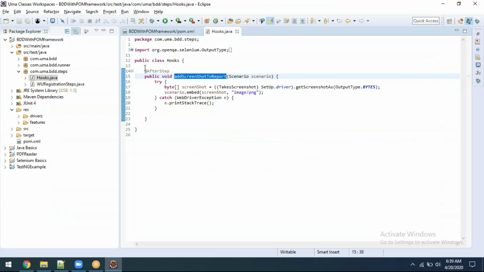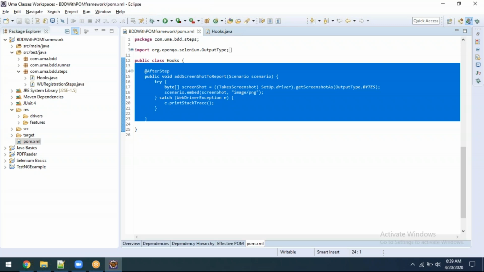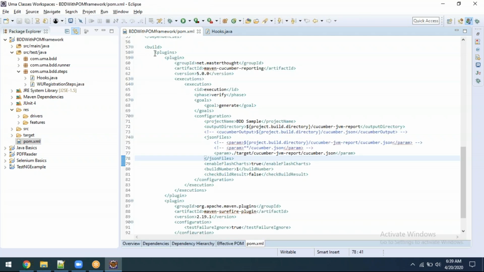First point, this is how it will take. To manage all these things we need to have a plugin called this one. Inside the plugins you are able to see this one, net.masterthought, artifact name is Maven Cucumber reporting. This is also called the JVM Cucumber report. Getting my point? This plugin will take care of everything, and we need to enable something in the